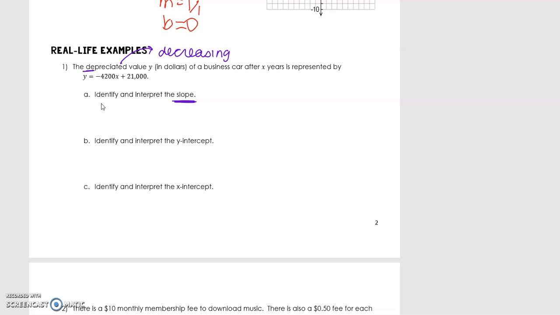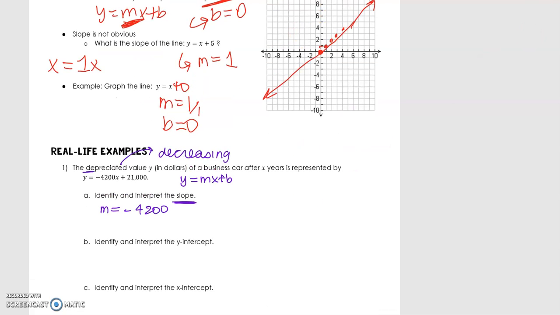If we look at the slope, you can tell me right away. I know you can tell me what the slope is because we just practiced it. Remember, if we're looking at the equation in slope-intercept form, what's our slope? It's going to be the m, which is negative 4,200. So why does it make sense that the slope is negative? It makes sense because every year, we can write this down, every year